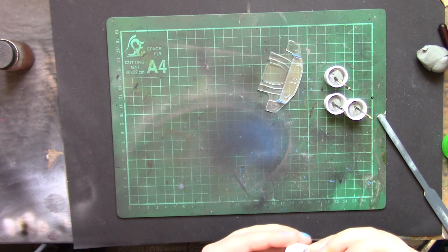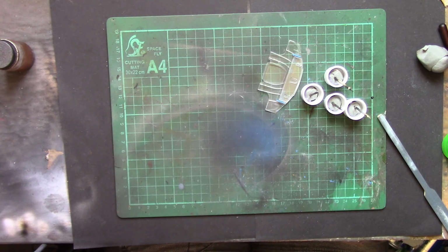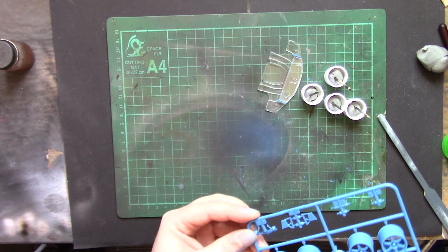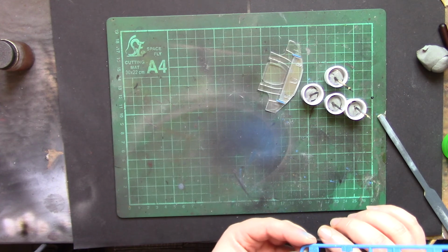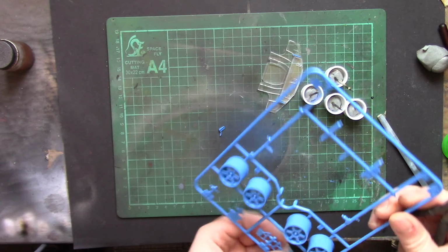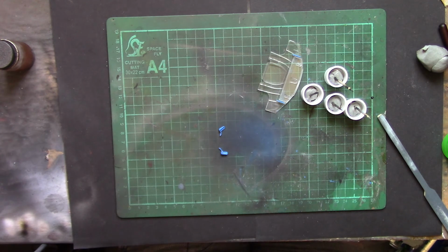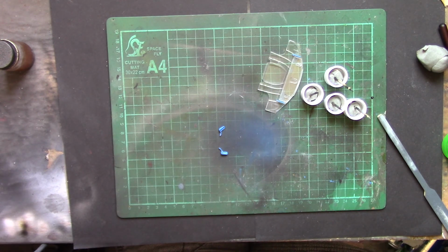Right, so that's everything. Go on in. Let's get everything off the sprue. So, the wing mirrors. What else do we have on here? Well, we have like 4 more parts that we actually need other than the clear parts, so that means we've